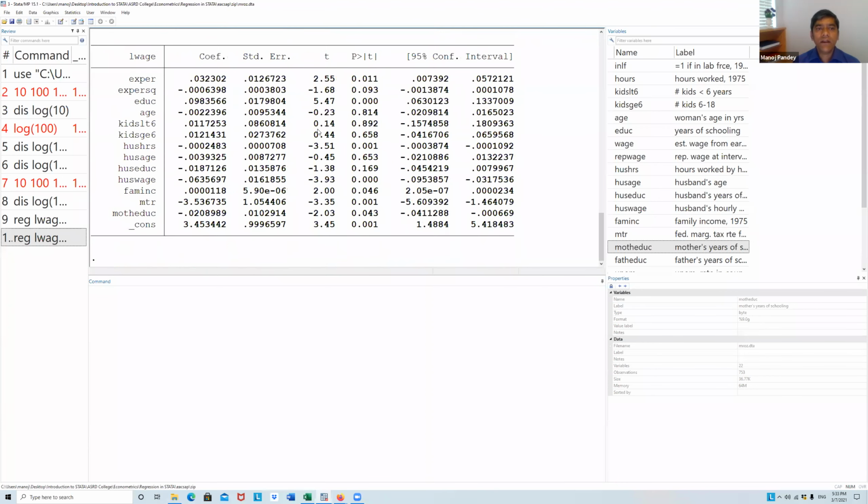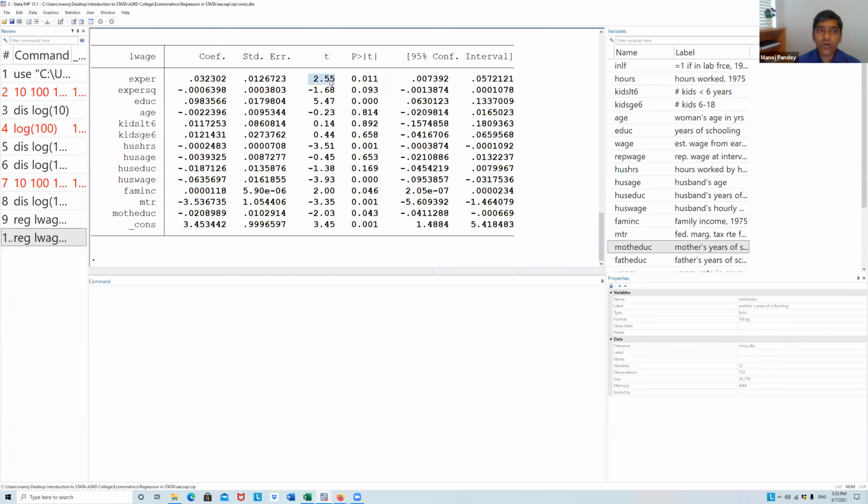Okay, then you have coefficient and standard error, and then t value and the p value, and then 95% confidence interval. So once you know the coefficient and the standard error, t is what? Beta by standard error, right? So this divided by this is actually the t value. Once you know the t value, you can calculate the p value, right?